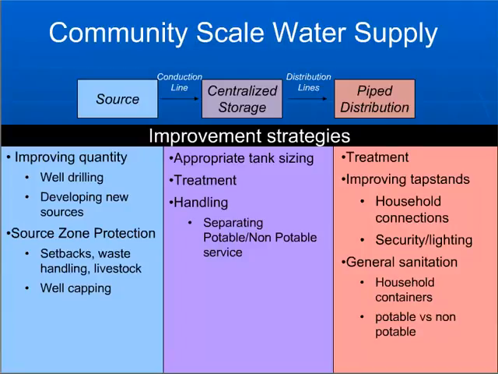And then on the distribution side, again, treatment is another thing that can be introduced at the end of that, but then also improving the location of tap stands or providing household connections, increasing security around where people are actually going to get